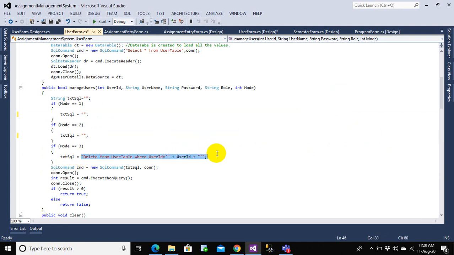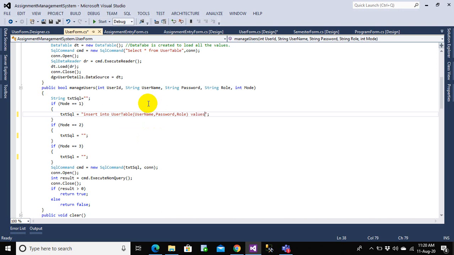And how do you write a parameterized query? Let's see. A parameterized query is exactly the same as what we have written in a stored procedure. So later on you'll be working with the stored procedure rather than the parameterized query as well. In the parameterized query, you used to make insert into user table, providing username, password, role, and the values used to be provided by the user.